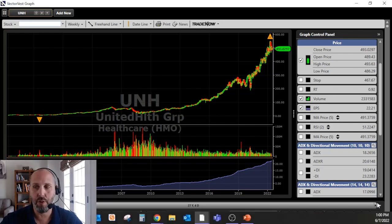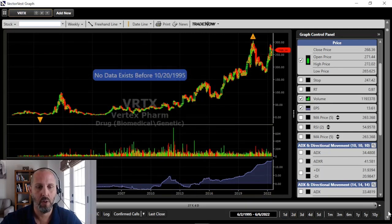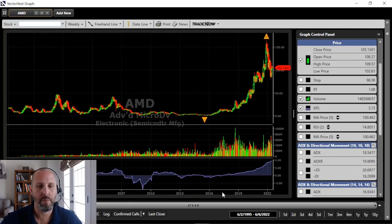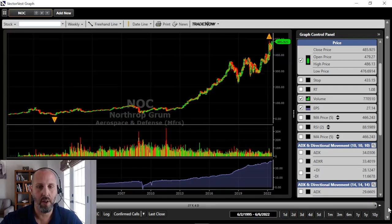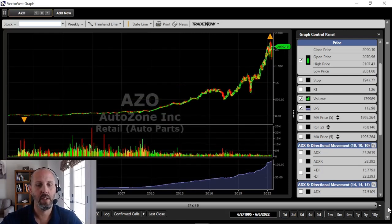So I'm going to flip through these rather quickly and just show you the same type of price action. Again, this is about 27 years or so. Actually, 2001 is when we first started tracking Anthem. But look at the long-term price performance and the long-term earnings per share performance here with all the ones that I'm going to look at. Here's Regeneron. Here's Advanced Micro, okay? Molina. For the most part, this is what we're seeing, right? Long-term, tremendous price performance, long-term, consistent, predictable